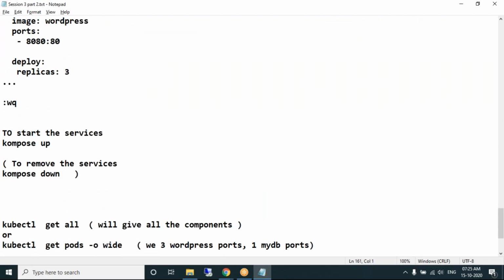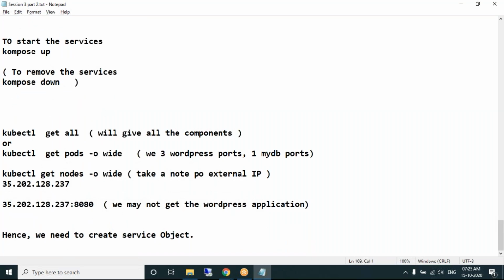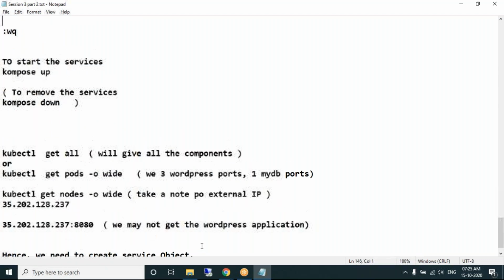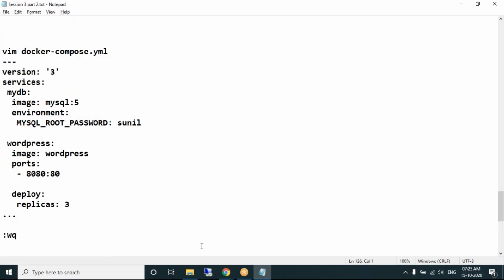Tomorrow we'll see how we can create it. Generally, it will not work because we need to create a service object. We need to discuss one more high-level object called the service object. Tomorrow we will continue and see how to work with this multi-container architecture.